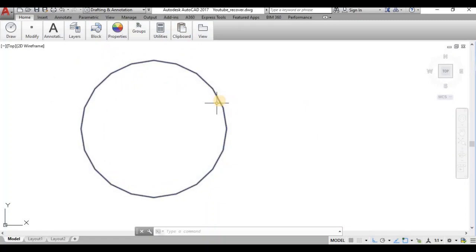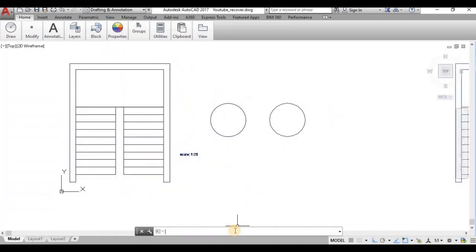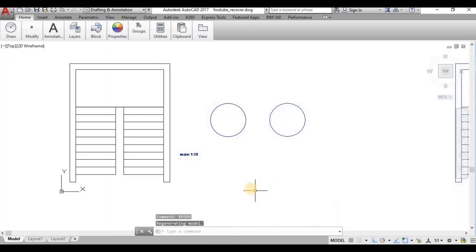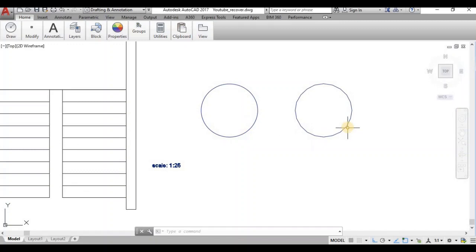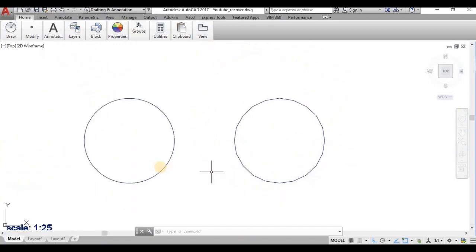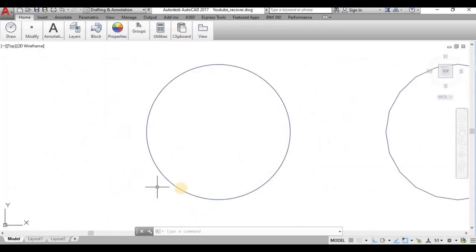In this case, what we need to do is use this command, regen. This is actually a polygon. I have drawn this as a polygon, so it is not a circle. So I shall use this regen command. The model will be regenerated, and whenever you see this polygonal structure formed of a circle, it will convert it to a regular circle.